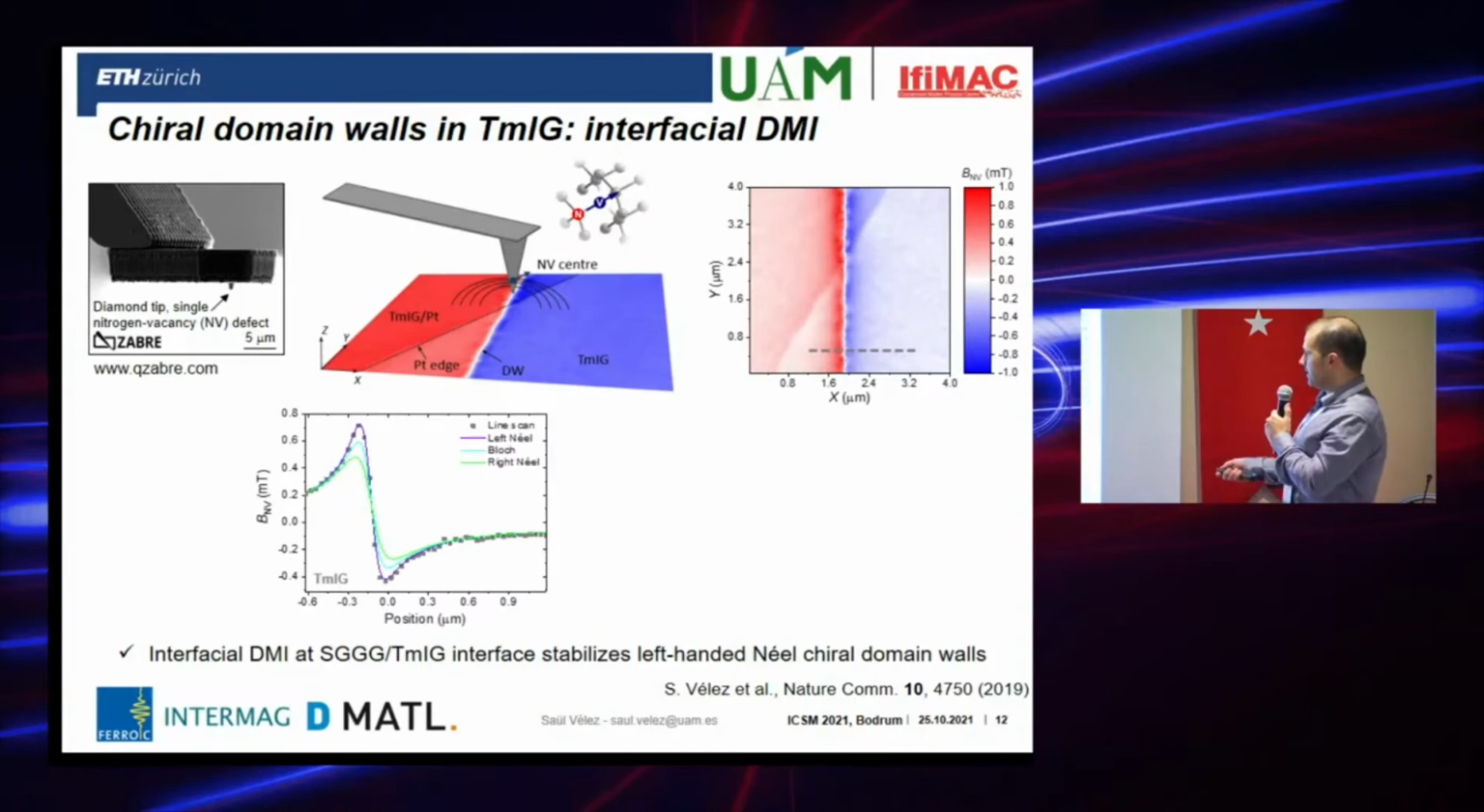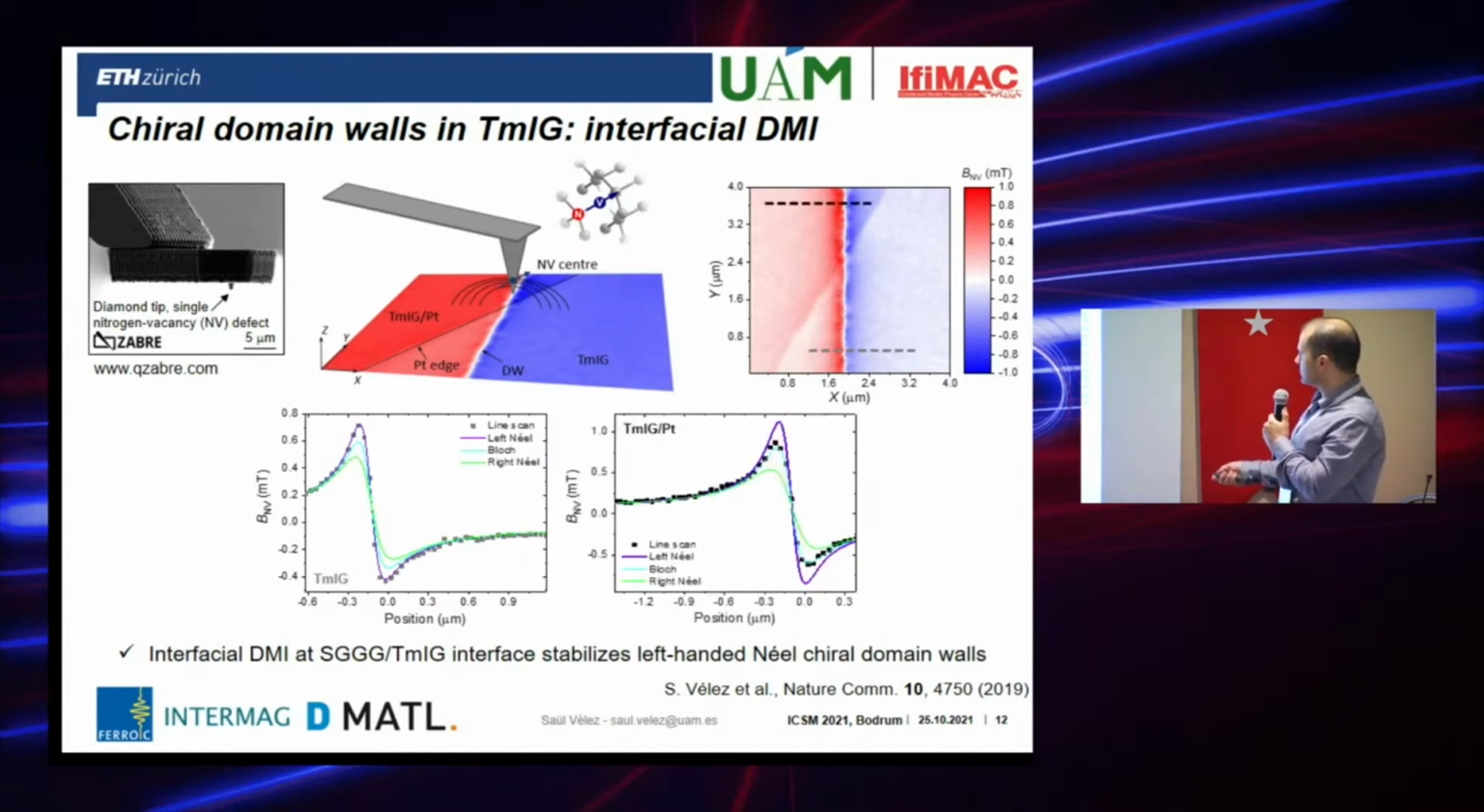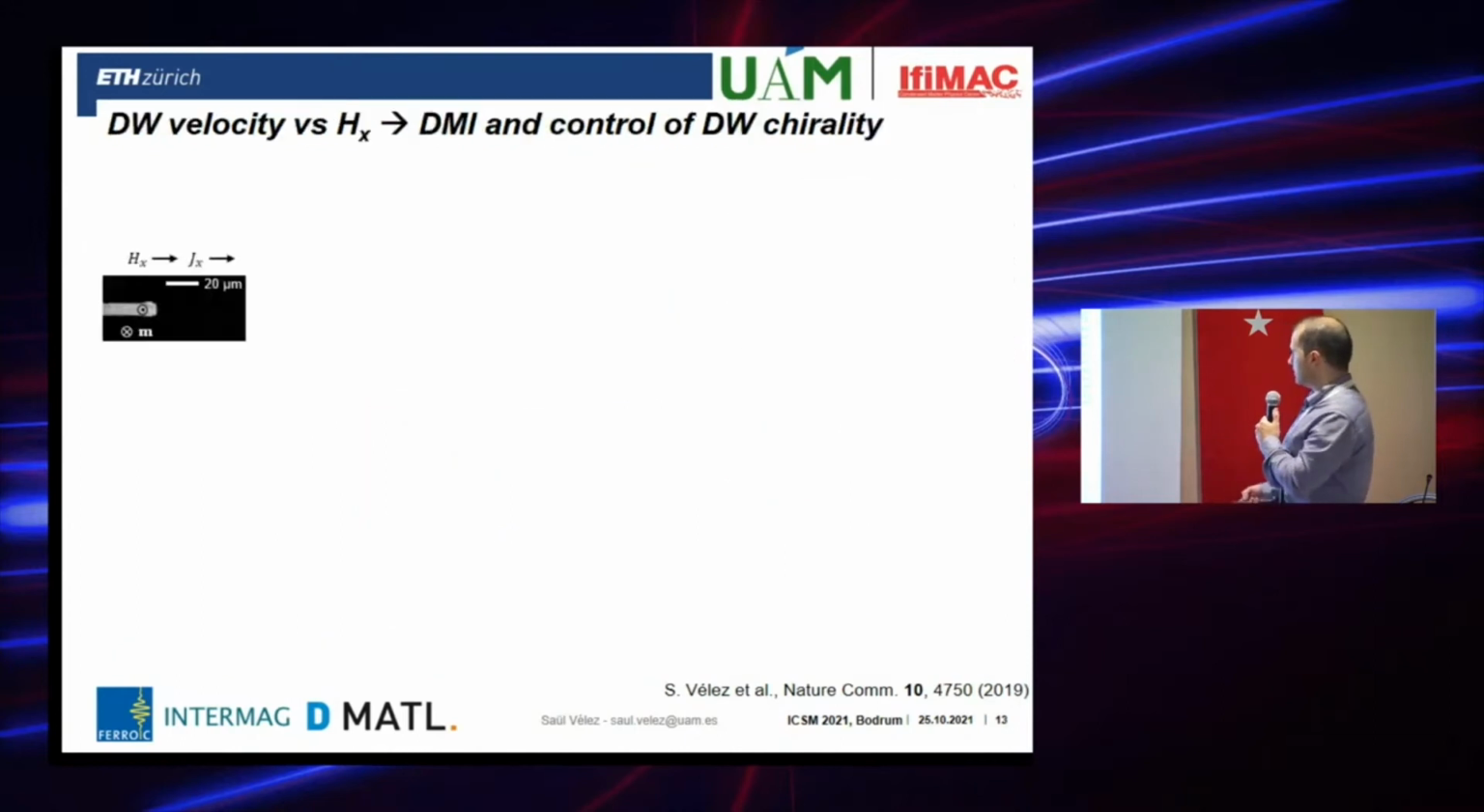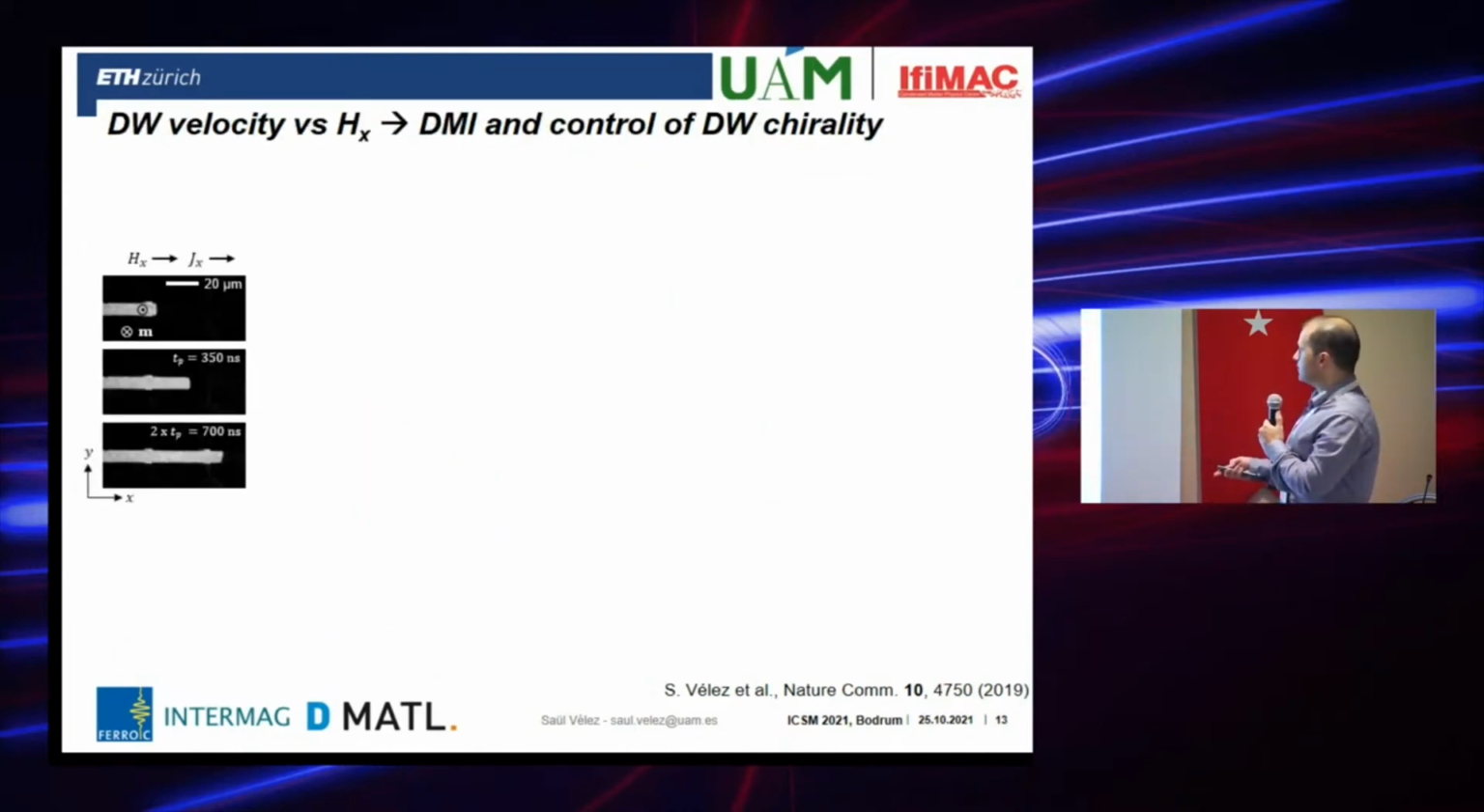And we saw that in the region where there is no platinum, we stabilize left-handed Néel chirality, and then even the position of platinum. In the region where we have some platinum, we have a partial quenching of the DMI, and this is because we have a negative DMI from the substrate and a positive DMI from the platinum on top. So the last thing we did was to drive these domain walls by applying charge currents,